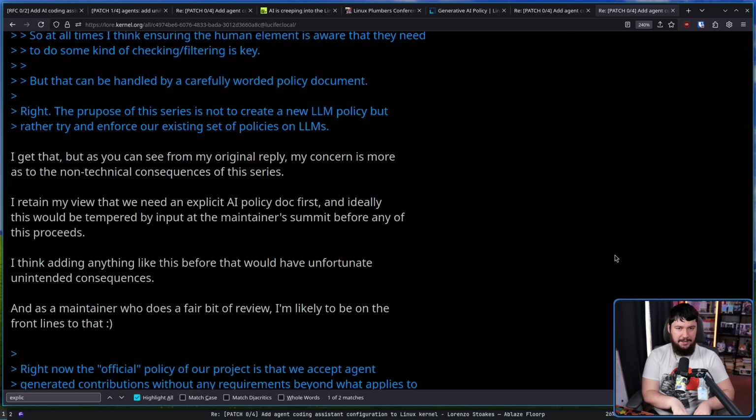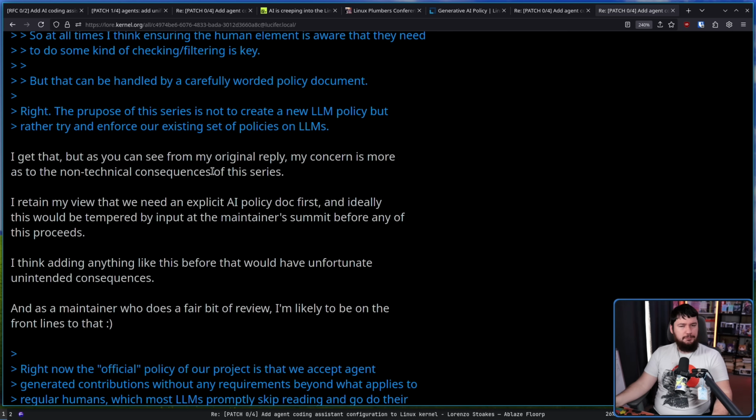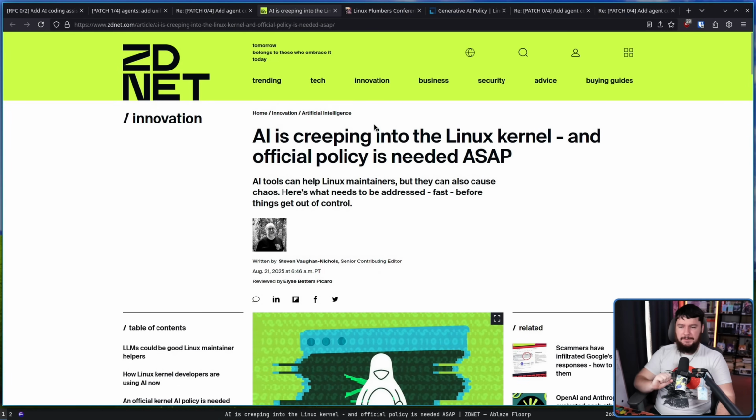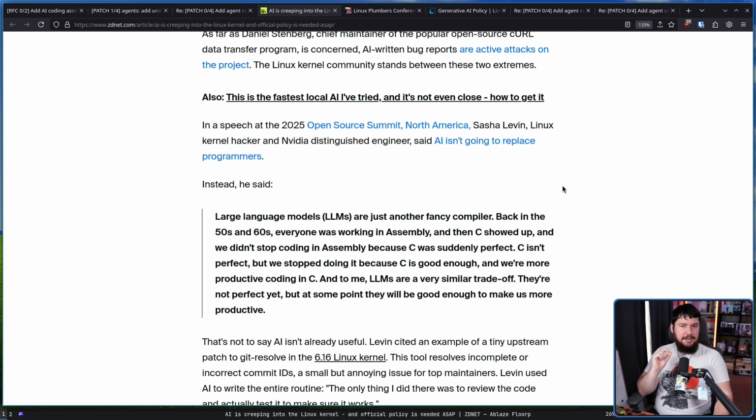But all of this so far has just been about AI-generated code, and that's not the only way these tools can be used, and this is not the only way the tools actually are being used. So going back to that article from earlier, the AI is creeping into the Linux kernel and official policy is needed ASAP. From Sasha Levin at his speech during the 2025 Open Source Summit: